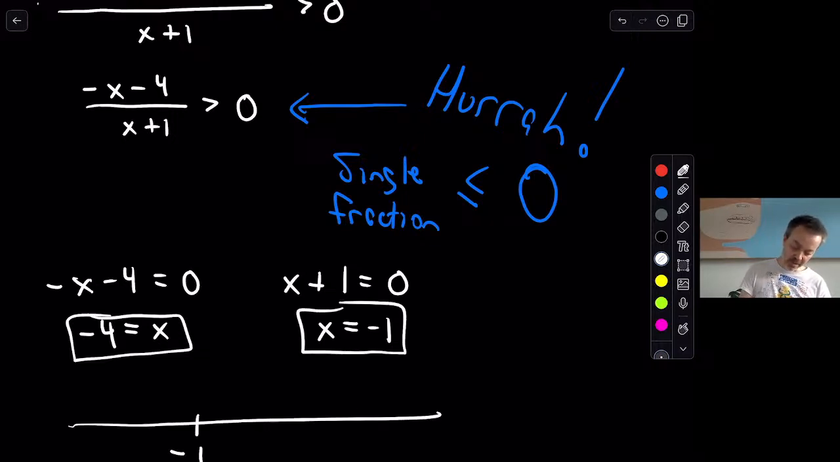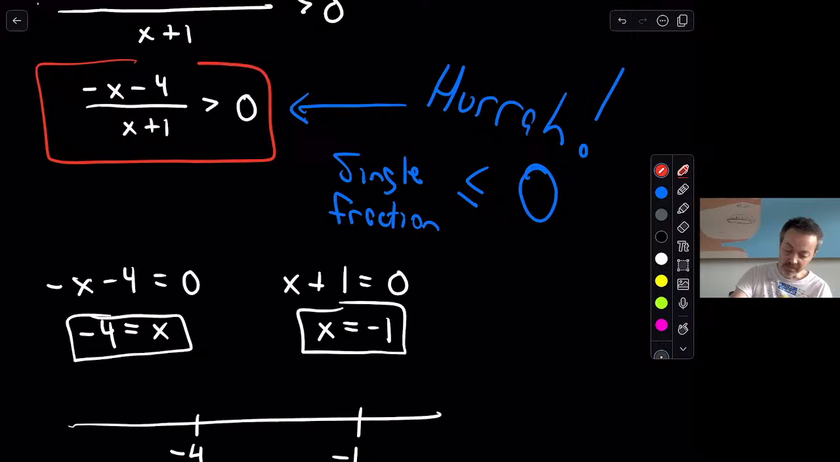So negative 1. Whoops. Let's put negative 4 there. And how about we put negative 1 there? Okay. And again, now all I'm doing is just looking at that inequality. Notice if I plug negative 4 in, I'm going to get 0 in the numerator, something non-zero in the denominator. I'm going to get 0, but 0 again is not greater than 0. So open circle